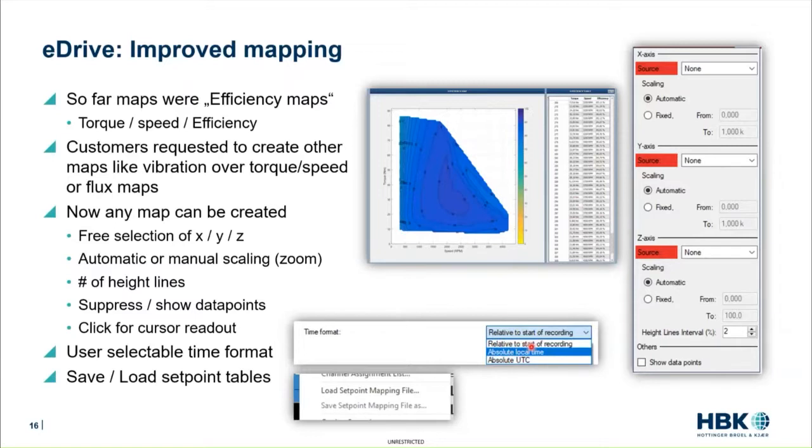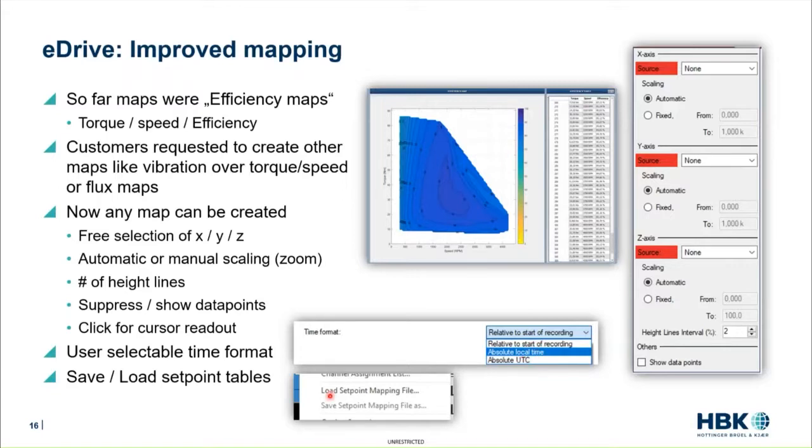That means when the user hits record, that's time t equals 0 and it increases from there. But now you can choose to use local time or absolute time in place of that relative time. Those times are pulled from the Perception PC, so whatever zone the Perception PC is set to, that'll be local time. Of course, UTC is just